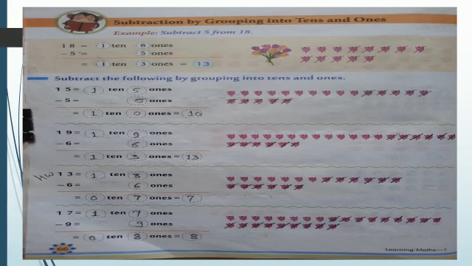So see here on left side now. 15 is equals to 1 ten 5 ones. Yes. Now second is only 5 number, means it is a single digit number. So write down there 5 ones. If we subtract 5 minus 5, then what is the answer? Yes, it is 0. 5 minus 5, which is equals to 0, and 1 ten is kept as it is. So it is called as 1 ten 0 ones, which is equals to 10. Okay, understood this concept? Subtraction by grouping into tens and ones? Very good.